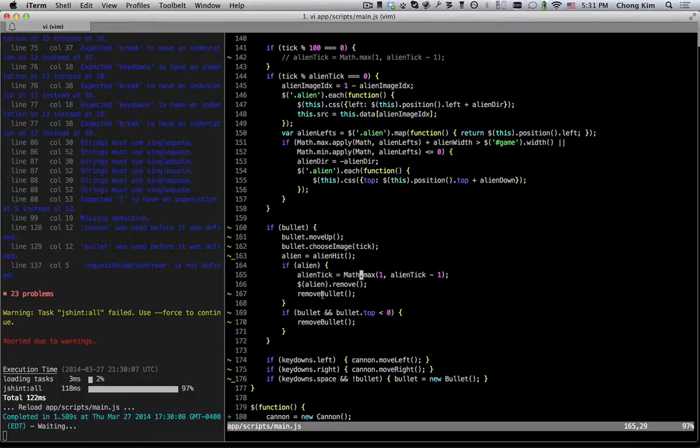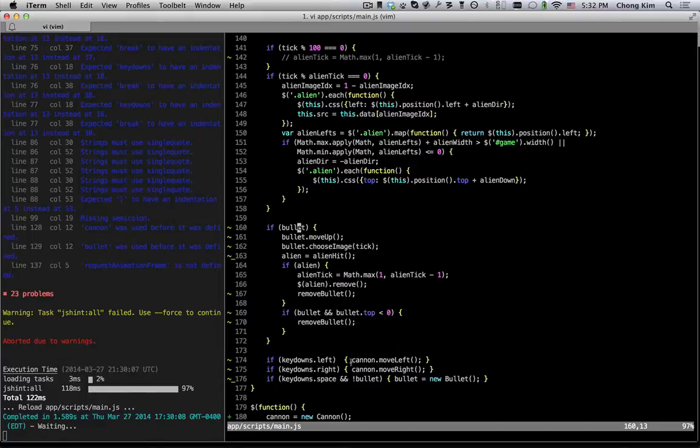But the code that we changed was down here, remove bullet. So this reads, if there is a bullet, you want to keep moving up, you want to switch the image, you want to see if the alien is hit. If the alien is hit, then you want to remove the alien and remove the bullet. Okay. And if you have a bullet that went out of bounds, then remove the bullet. And it fits very nicely. I think before there was a lot of code, and we managed to remove a lot. And you can see down here that